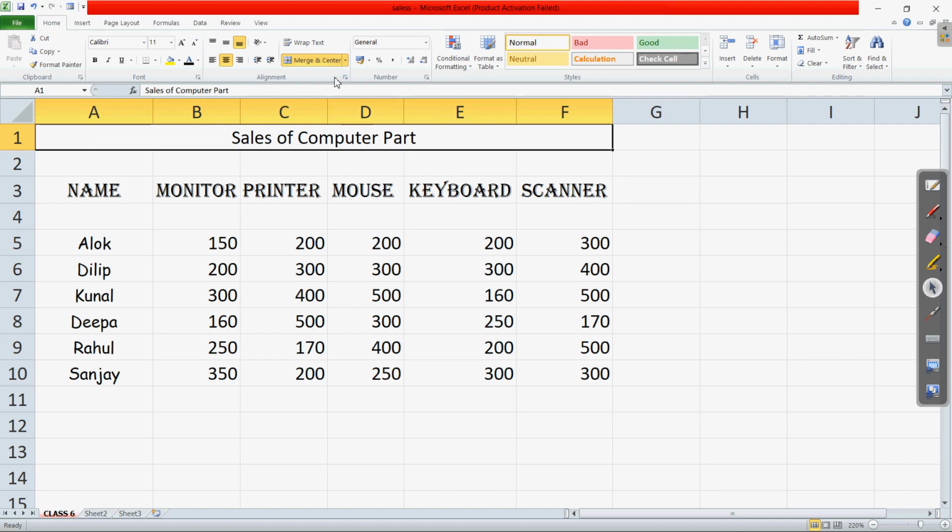Clear? So this is the use of the merge and center feature. This way we can center the data across the columns, and also add a title for any table or any data inserted in the worksheet.